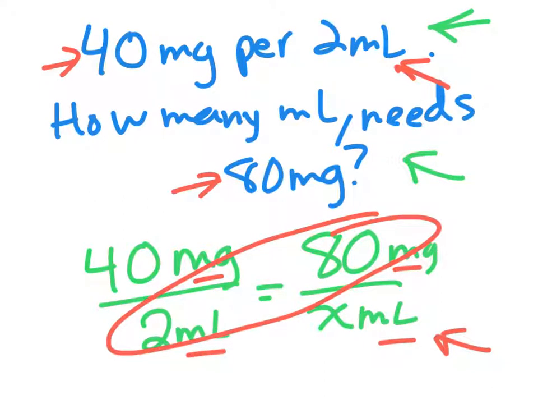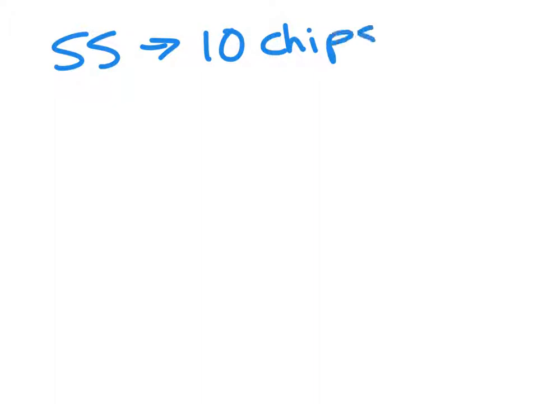That's just thinking about it a little bit logically, but we would use the same type of setup. And in those word problems, you'll see that it'll give you the known. You can use it in a nutritional sense too. If you're looking at a nutrition label, as we know, it tells us the serving size, and let's say we're looking at a bag of chips. I'm going to write SS for serving size. Let's say it's about 10 chips. So serving size here is 10 chips, and we know that on nutritional